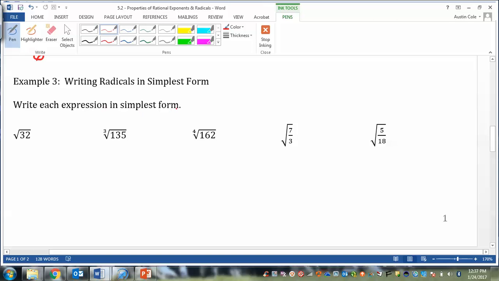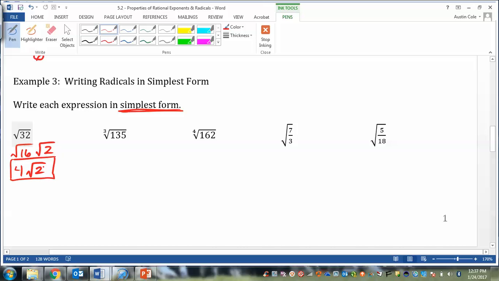Okay, now it says we want to write things in simplest form. How do we recognize if things are in simplest form? In this first one, which we've already done, if it's square root, we don't want to have any perfect squares that are a factor of 32. So what's the largest perfect square that's a factor of 32? 16, right? So I can break this up into the square root of 16 and the square root of 2. The square root of 16 becomes 4. So 4 square root of 2,